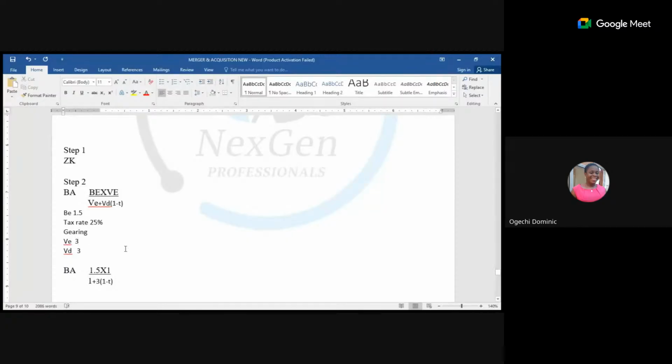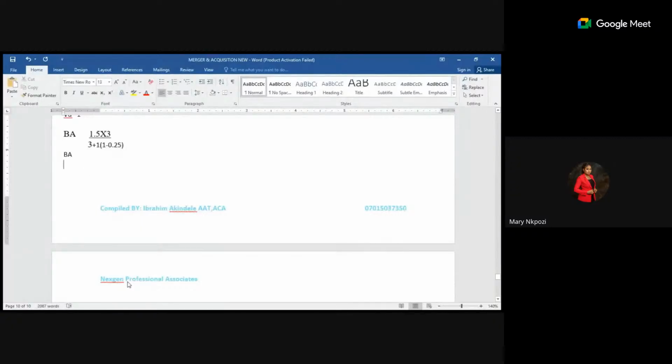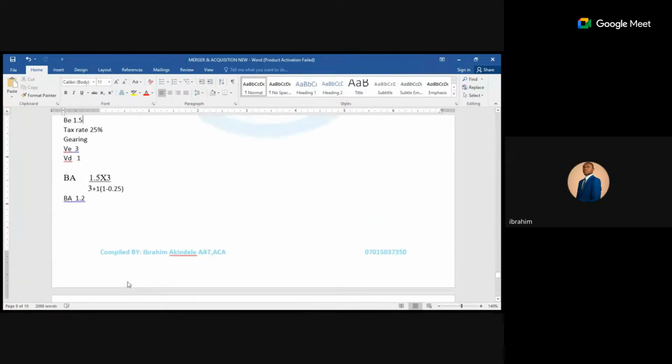So we can have this as 3, this is 3, times 1 minus tax rate, which is 25. What is our asset beta here? 1.2. Okay, so if this is 1.2 for the asset beta,